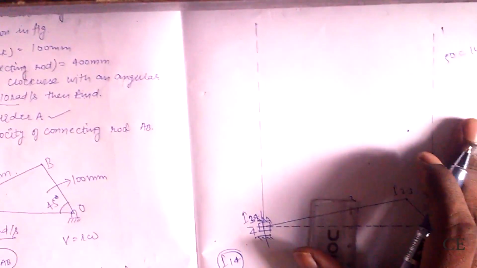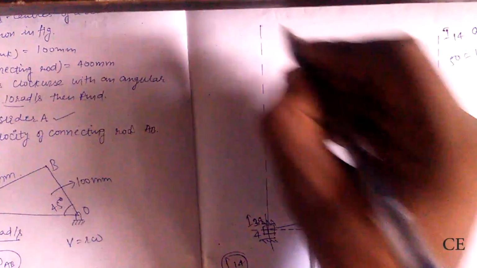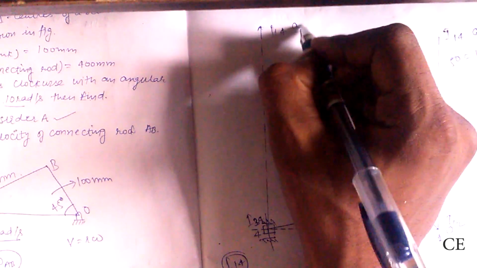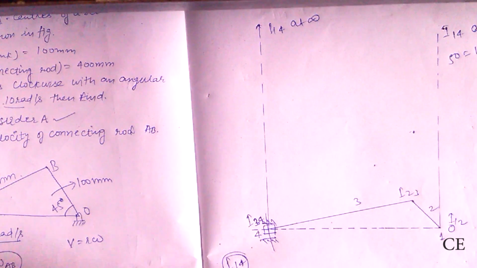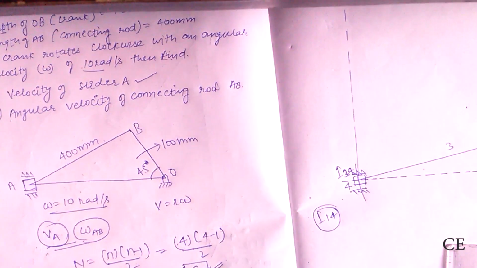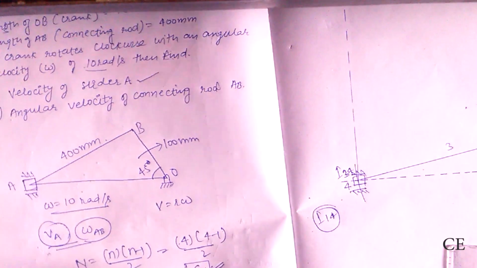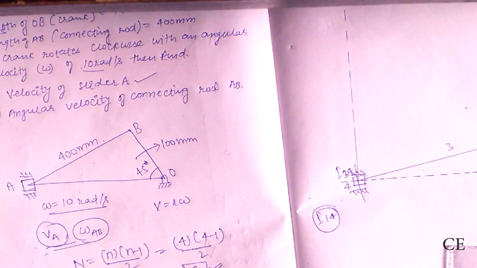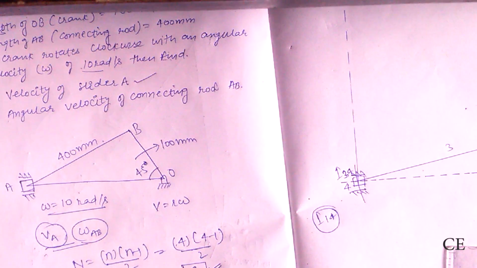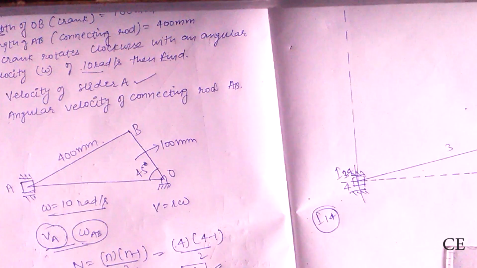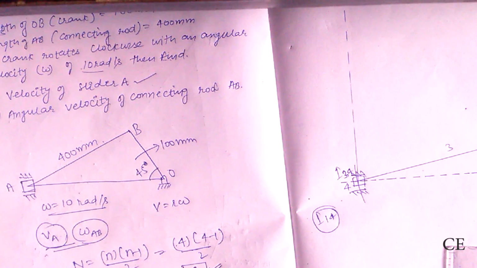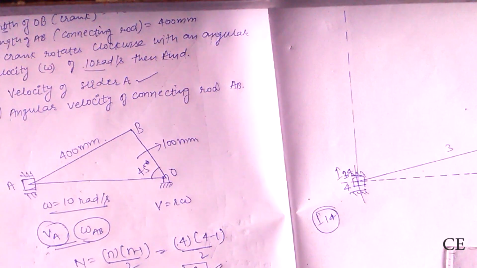If you want to check out more about this, I'll give the link in the description below or in the card above. So this one is I14 at infinity, and again for this I14 at infinity. So we have found our 4 I centers, but we have to find 6 I centers. For that we have to draw a circle and cut it into 4 parts, 1, 2, 3 and 4. Now I12, I23, I34 and I14 we have found. Now we have to divide it into 2 parts such that it will form a triangle.